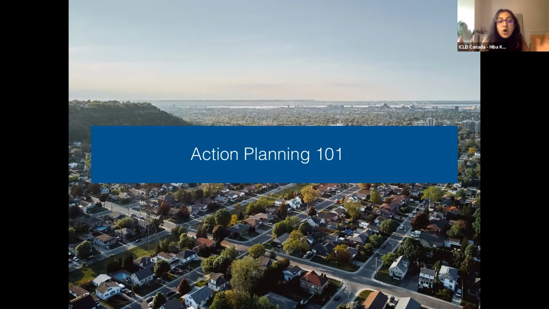And so the purpose of all of this is for us to answer two main questions. The first being, where is it that we want to go? What is our goal to address these impacts? What is our overall vision and our goals and our objectives for this plan? And question number two is, how do we get there? What are the strategies, the plans, programs, policies, and actions that we need to take to get there?